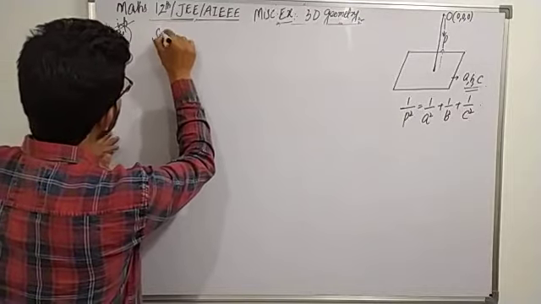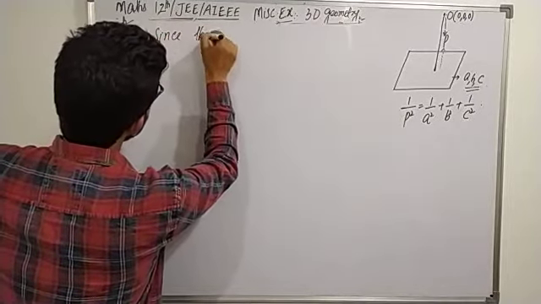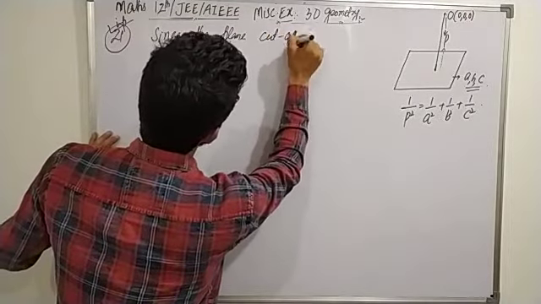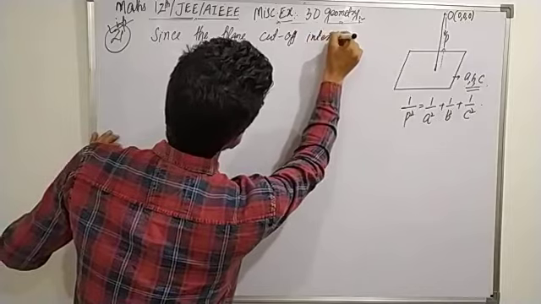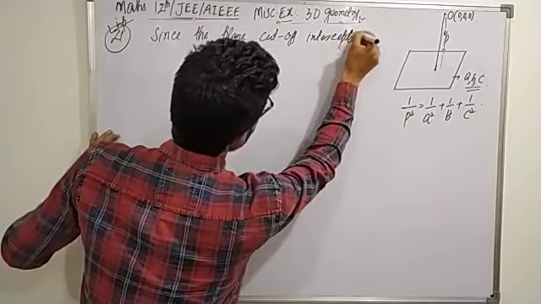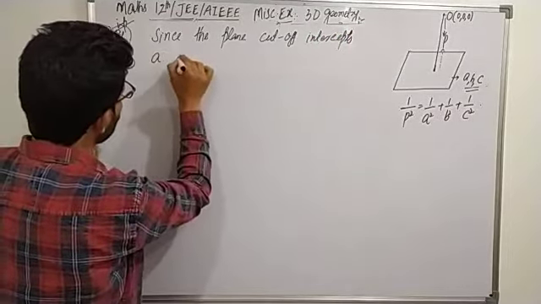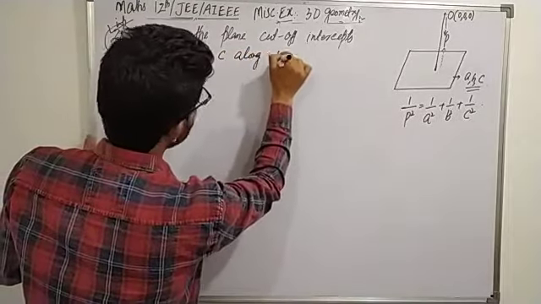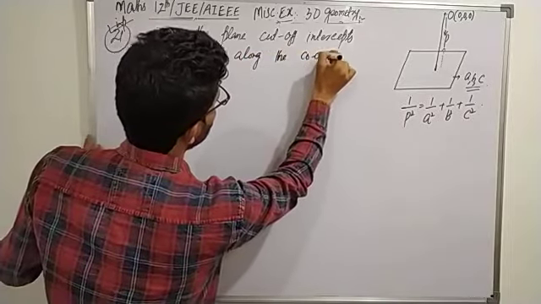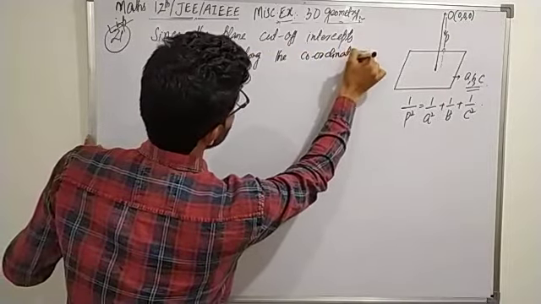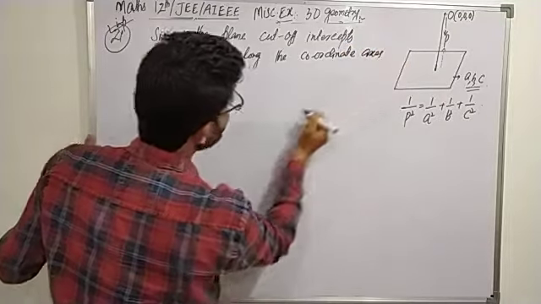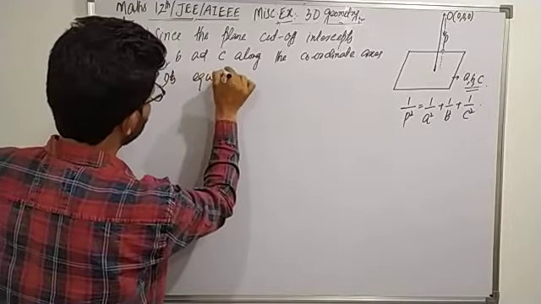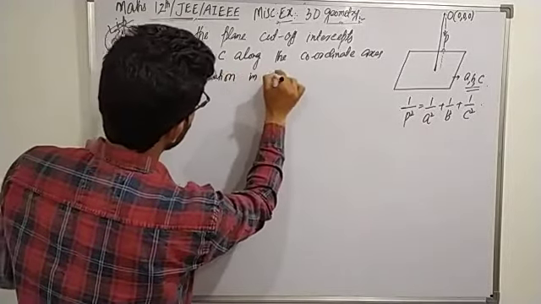Since the plane cuts off intercepts a, b and c along the coordinate axes, therefore its equation in intercept form is,